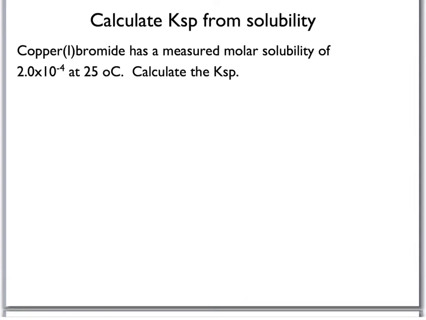Okay, so we have copper 1 bromide. It has a measured molar solubility of 2.0 times 10 to the negative 4 at 25 degrees Celsius. Calculate the KSP. The first thing we want to do is write up the equilibrium reaction when copper 1 bromide dissolves. So we have CuBr, and that's our solid, and that's going to dissolve into Cu plus